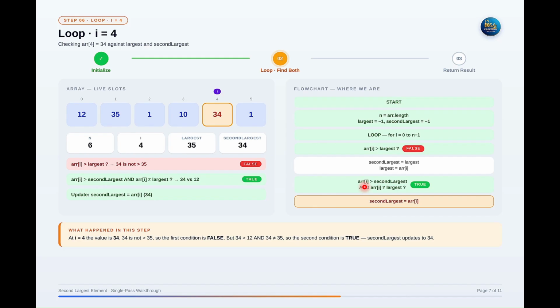So in this way, we need to check the conditions in order to update largest and second largest so that we will get the desired result, the second maximum value in the entire array. Hope you understand. So this is the process we follow. Now let's move forward